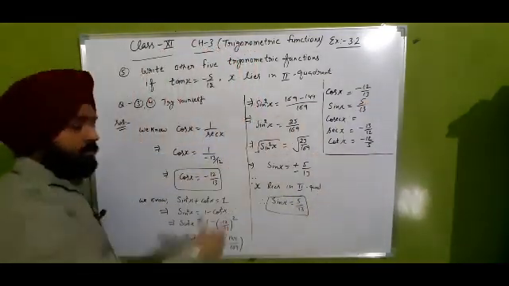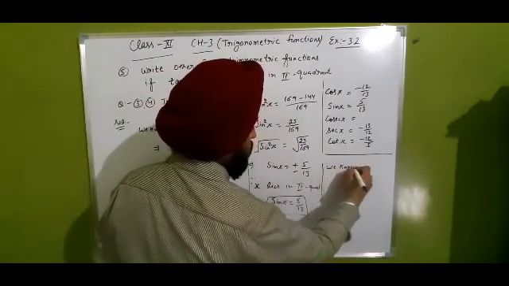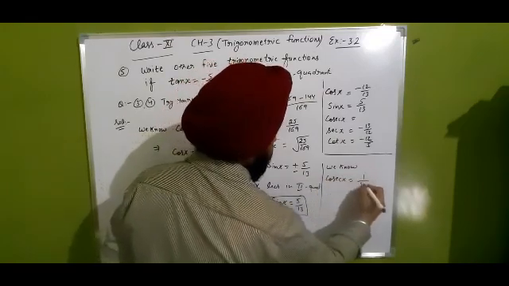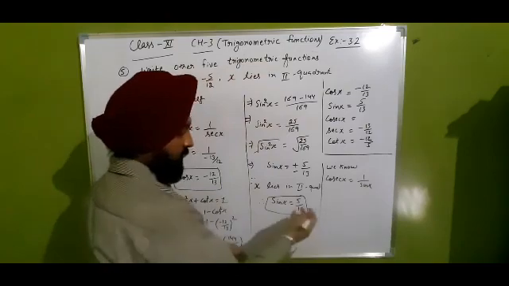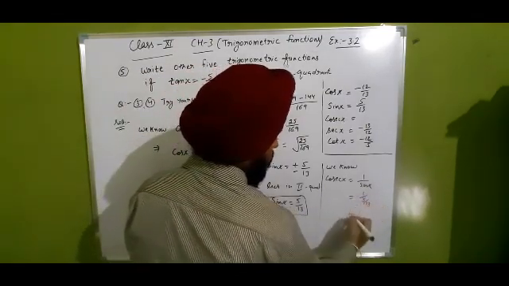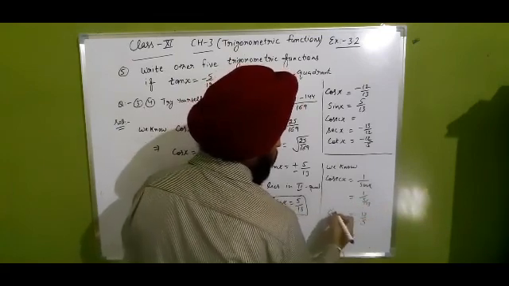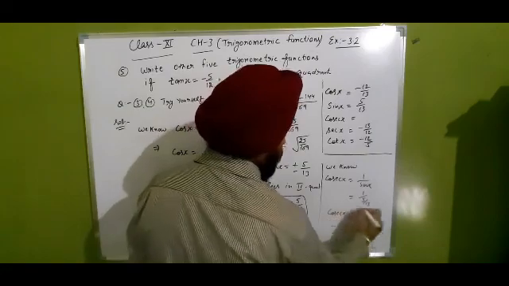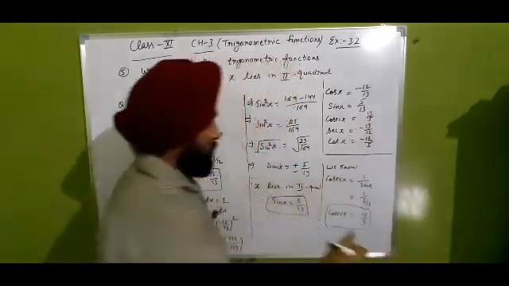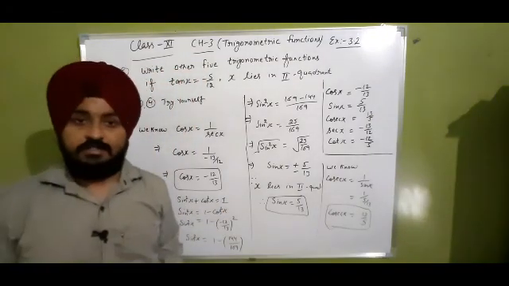Now which thing is left? Cosecant x. Right here we know cosecant x is the reciprocal of sine x. The value of sine x there, 1 over 5 over 13. Now take the reciprocal, 13 over 5. So cosecant x is equal to 13 upon 5. Clear? So you can solve these first 5 questions using the sign conventions.